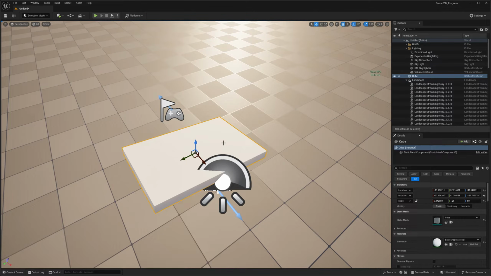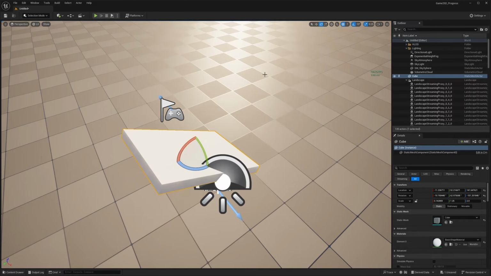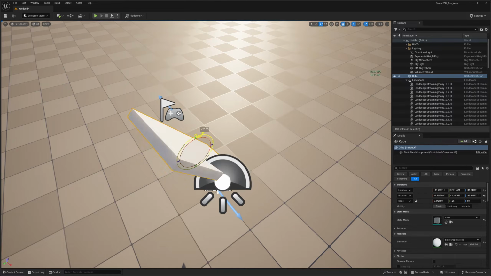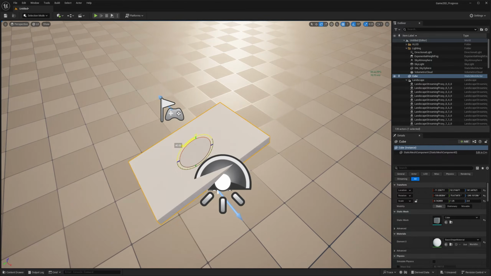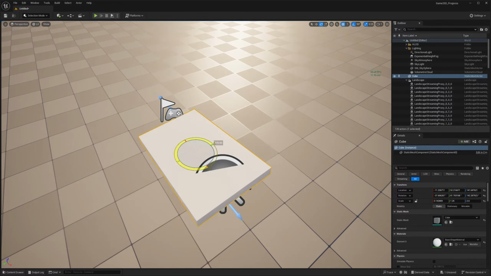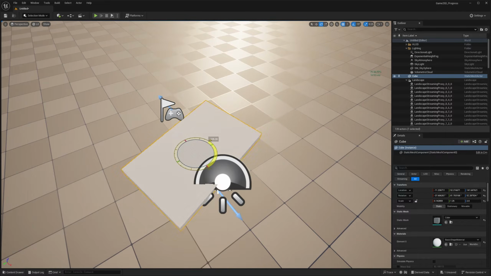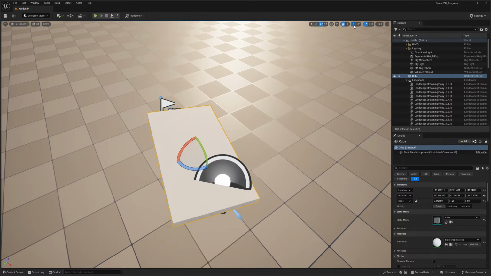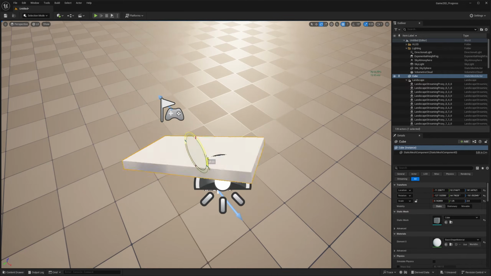But check this out. If I press E for my rotation, remember that's the hotkey here, it is incrementing in 10 degrees. I can just go here to the angle and say, you know what, I want to go 90 degrees. Boom, boom, boom. Or I want to go here and go to 15 degrees. Or I just want to break free. Clicking it, and I can just do whatever I want.